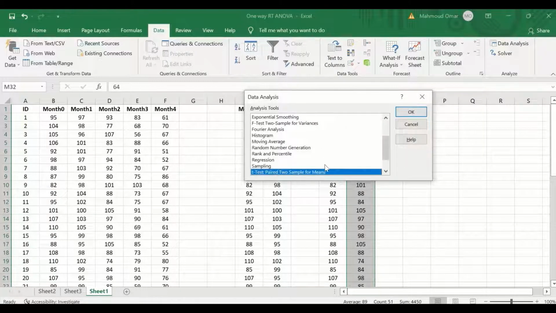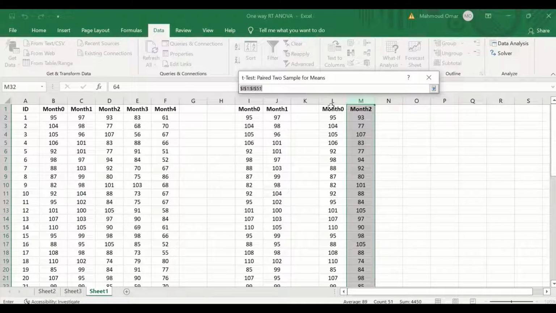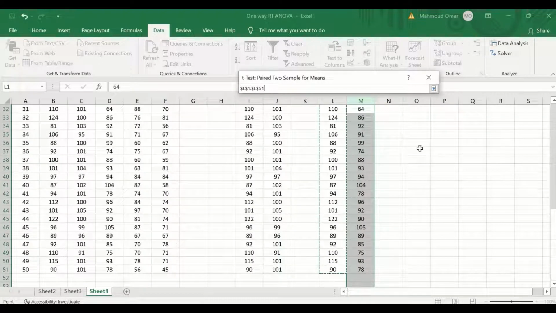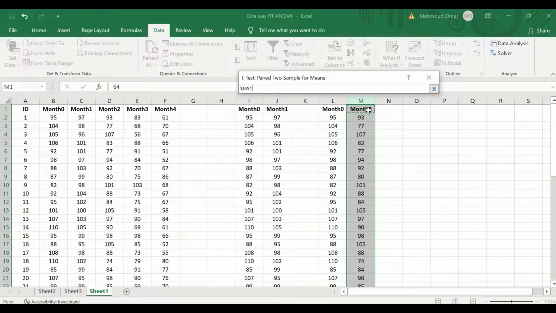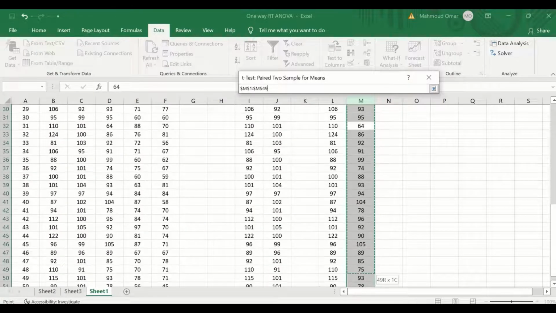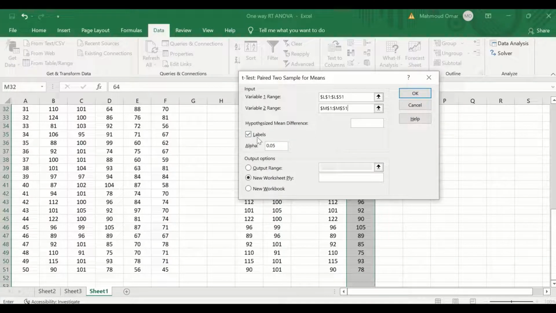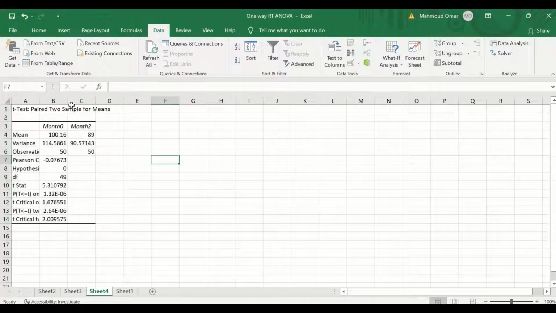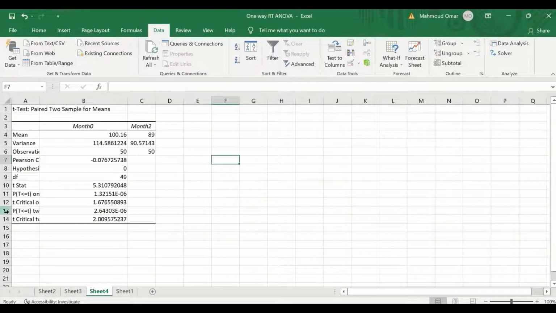on data analysis, again select the paired two sample for means, click on OK, select the range. Here the range again is month 0, and for the variable 2 input, select the month 2 data and then keep the tick on the labels. Click on OK. A table is generated with p-value as shown here for the